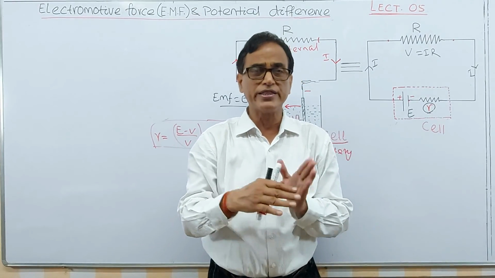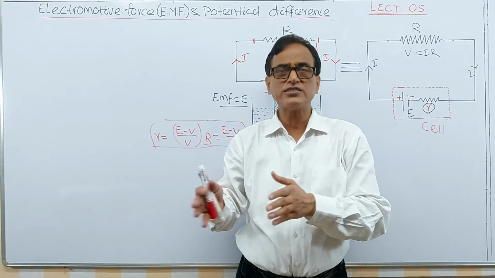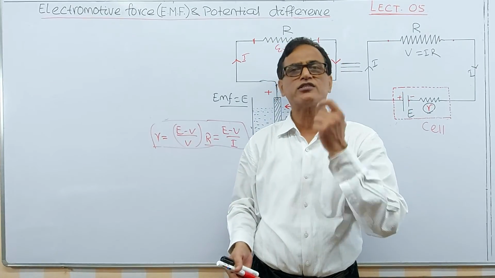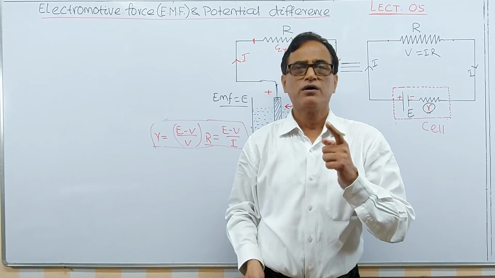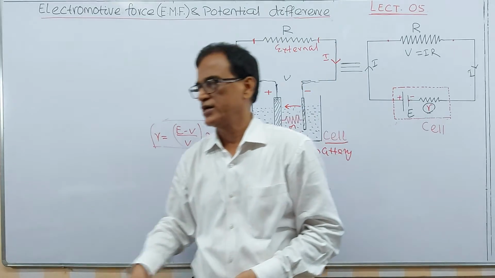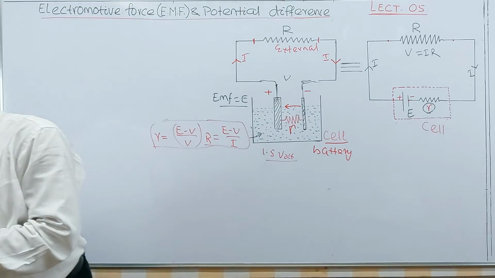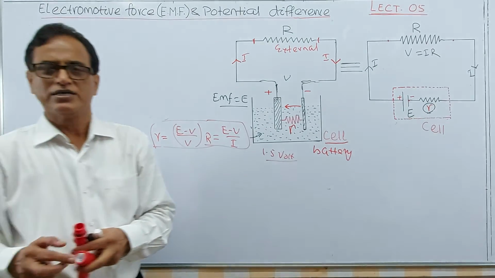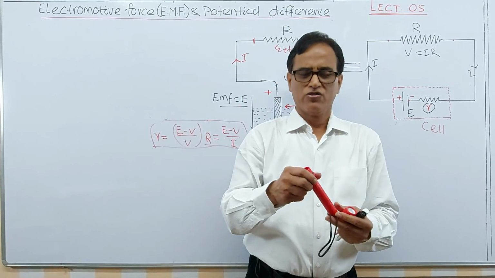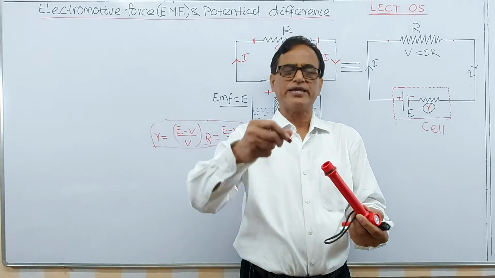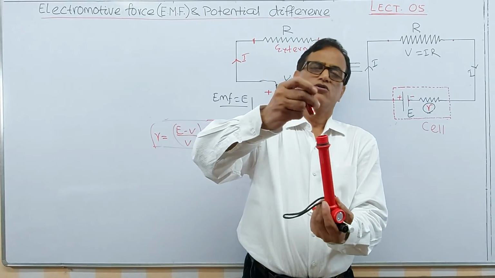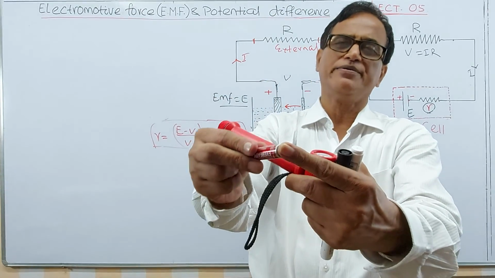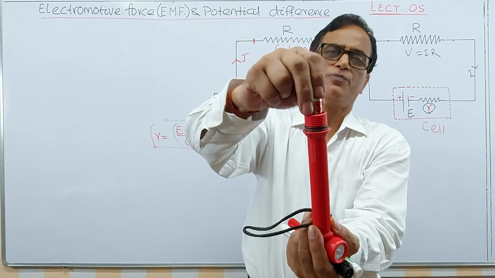If you want to increase the voltage of the cell, EMF of the cell, you have to consider the cells in series and combinations of the cells. Have you considered any time in life, we can say, any time in life? So this is a torch. Now what we do, we take the battery like this. One, see, I am taking, this is a negative, I am taking this is a positive.